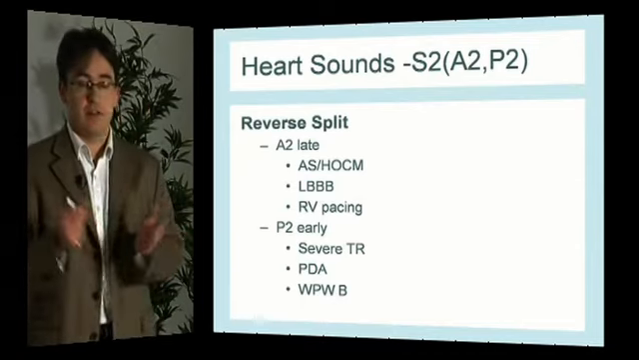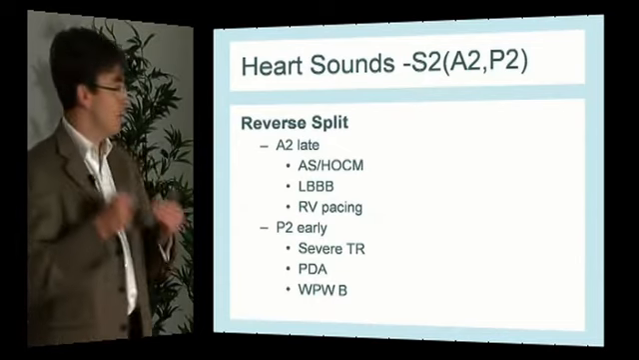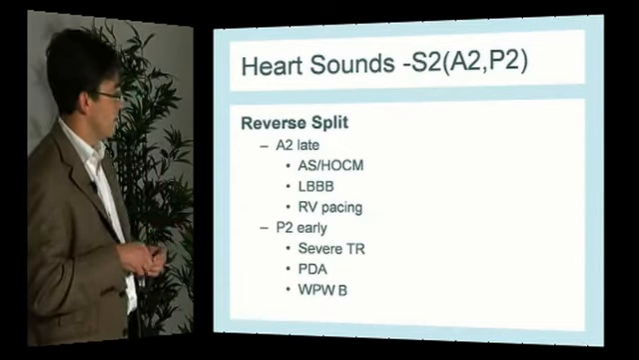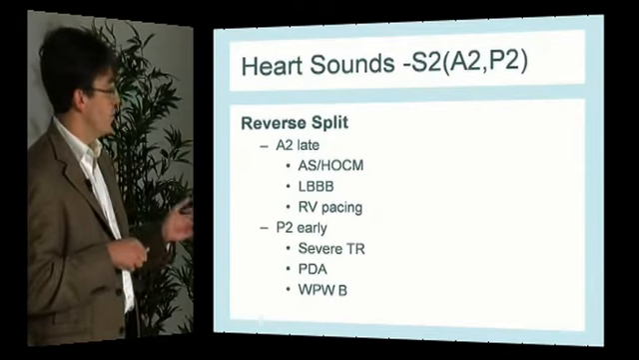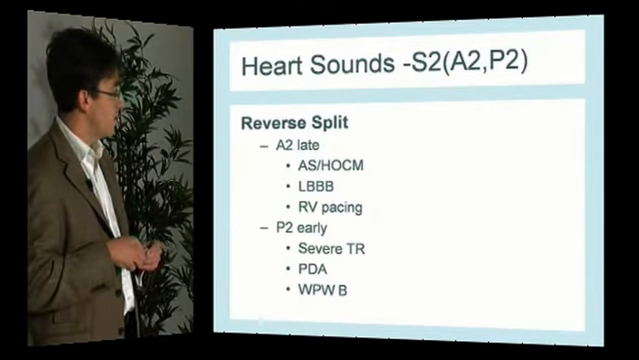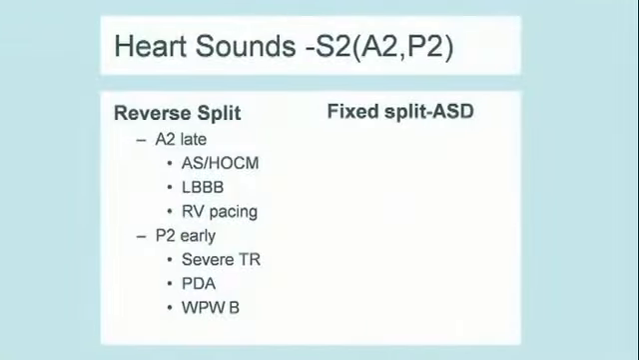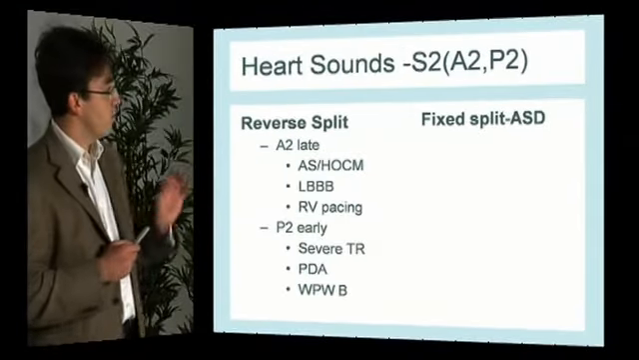And as a result, the right ventricle will finish ejecting earlier and the pulmonary valve can close sooner. This is also seen with a patent ductus arteriosus and a Wolff-Parkinson-White type B pathway. The other feature to also bear in mind, which comes up in your MRCP examination, is what you expect to